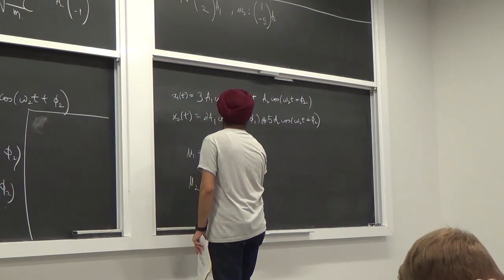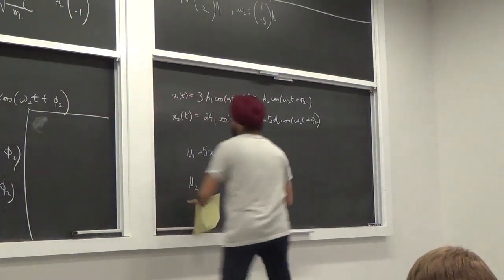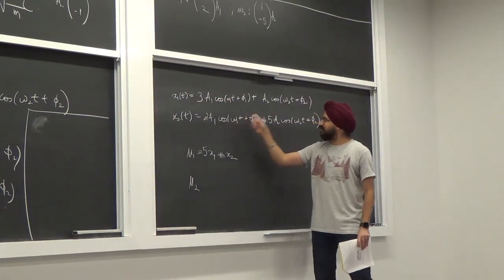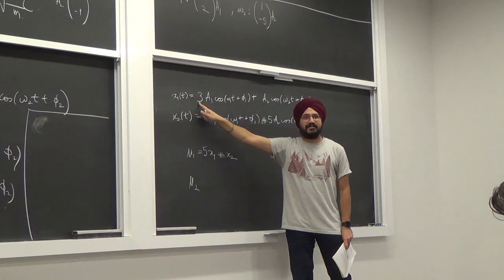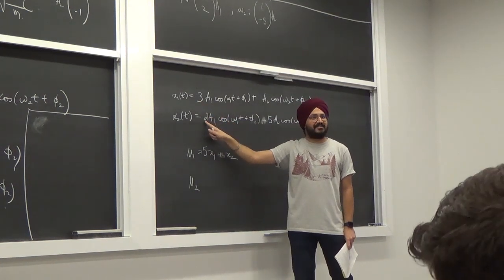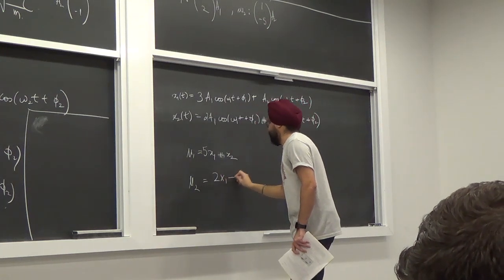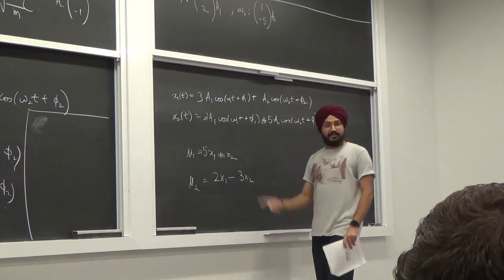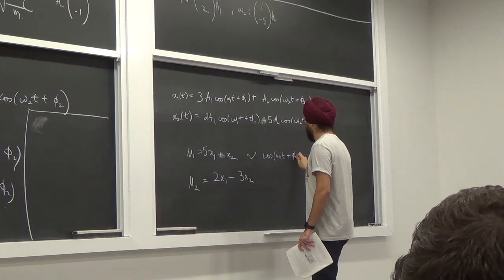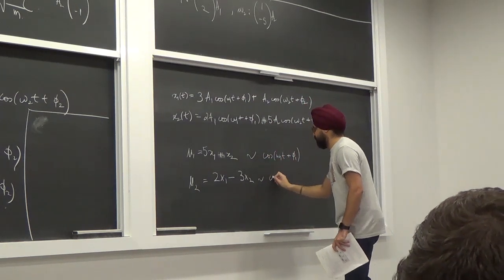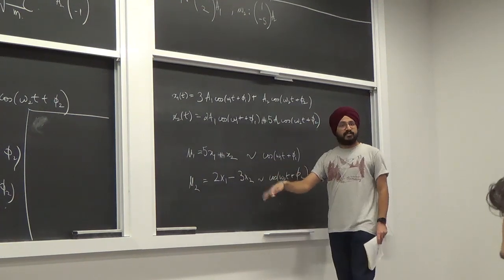Okay? So u1 is 5x1 plus x2. Okay? And if I want to disappear the first piece and keep the second one, what do I do? Multiply by 2, minus 3 times the second equation. First piece goes away. So u2 is 2x1 minus 3x2. So this piece only oscillates like cosine omega 1t plus phi 1 with some amplitudes, and this goes as cosine omega 2t plus phi 2. So these are decoupled oscillations.